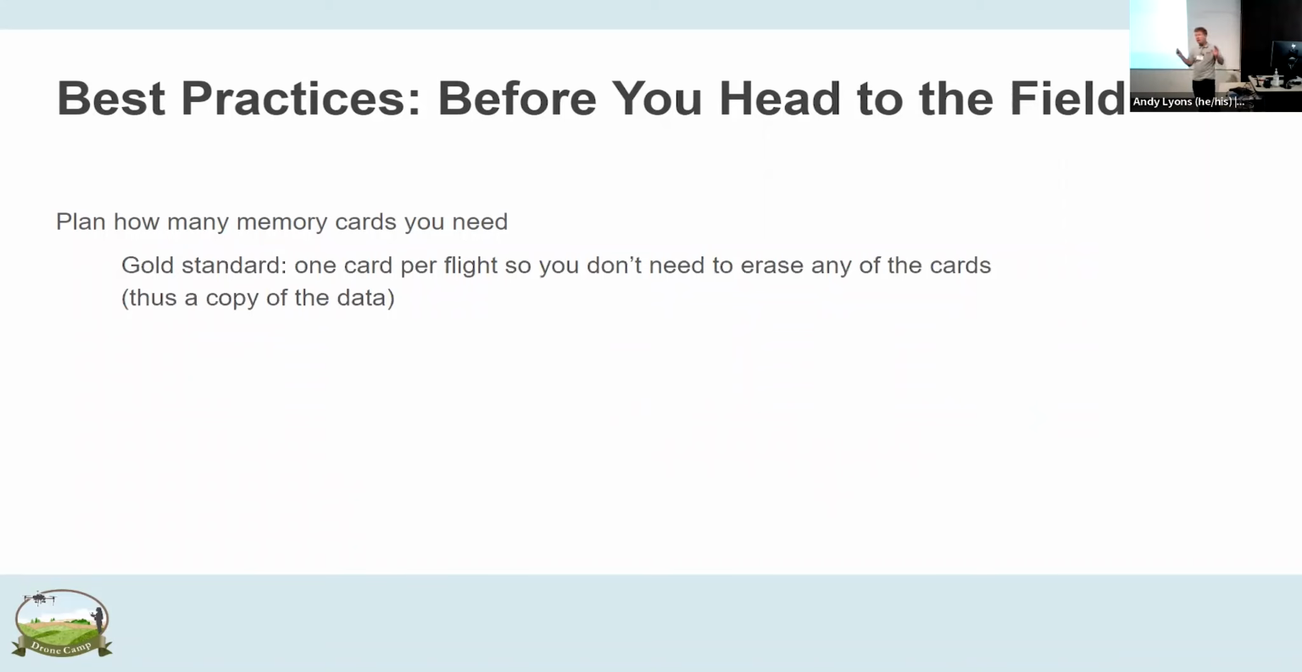A gold standard would be, I would argue, to have one card per flight. If you're thinking, I'm going to get 10 flights in today, the gold standard would be to have 10. That's not always practical, but if you do have one card per flight, the drone lands, you pull the card, you can copy it. You should probably still copy it to your laptop, but